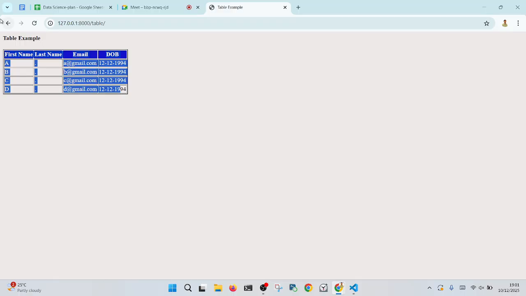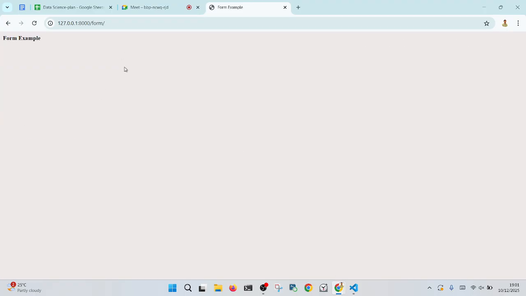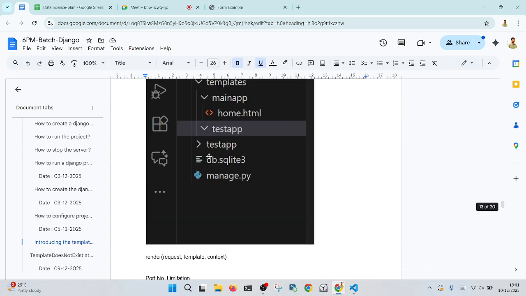Now let me explain to you about forms, the form tag, how you can work with forms. Till here yesterday I explained, but I didn't explain in detail exactly how forms work. So, working with forms, what you have to do here: